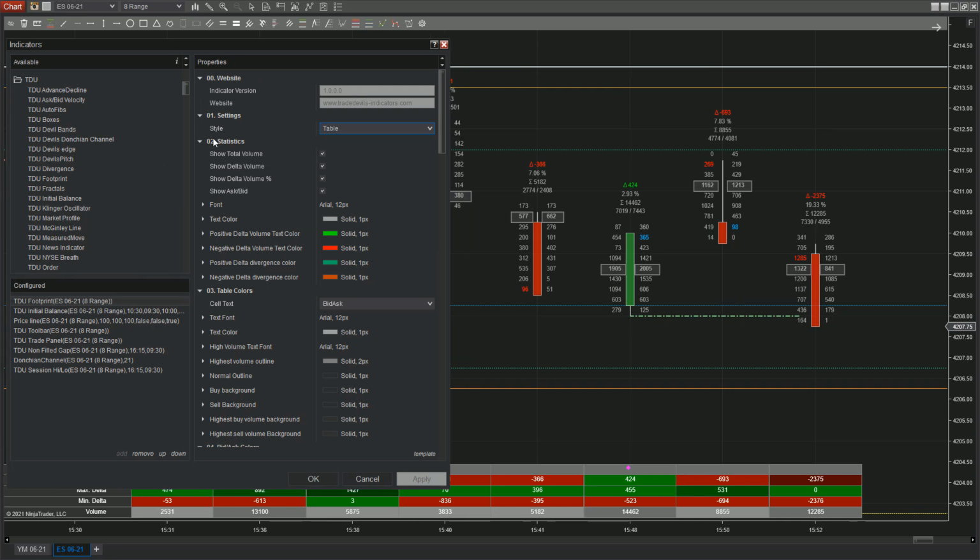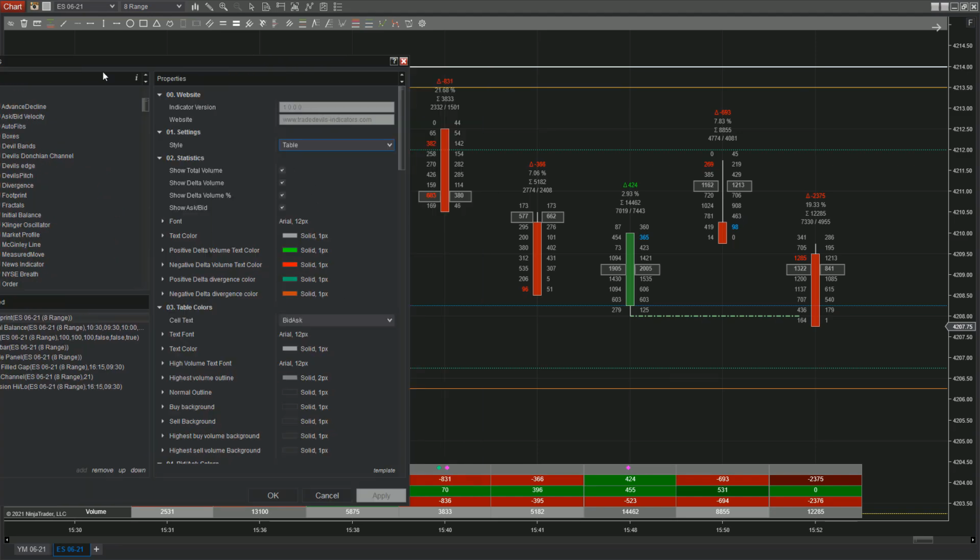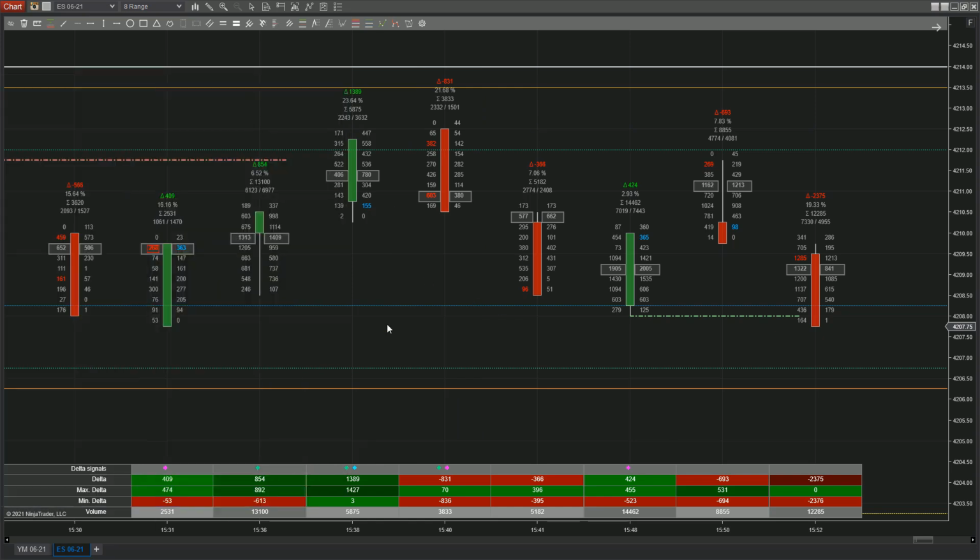So again here, now working down here, this is your layout choice. So we're going to stay with table, and then we'll look at it in bid-ask as well as delta. So a couple of things right off the bat. Now let's see if I can take that. Oh, I can. Okay, so you'll notice here,